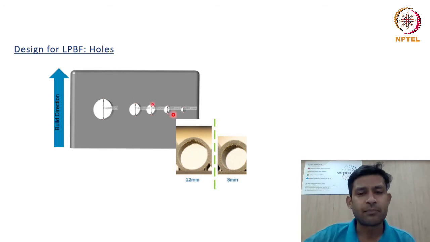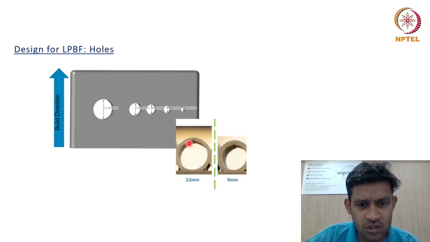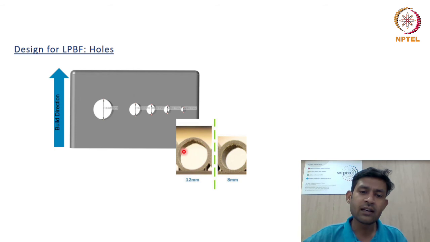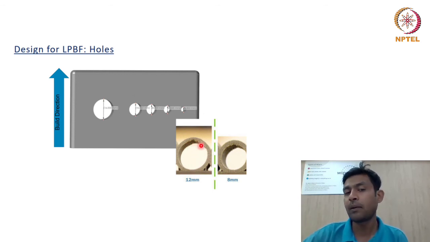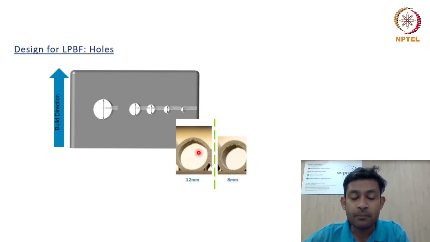So you can see what's happening here. When the holes become bigger, the surfaces get worn out. Why? Because when this particular layer is being formed, the heat is sustained in that region for a longer time, because the layer is being formed over powder, and as I told before, powder is insulated to heat. So in this case, what is happening is that my part is in molten form